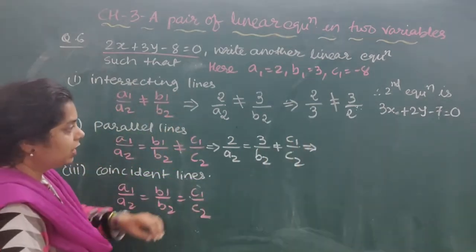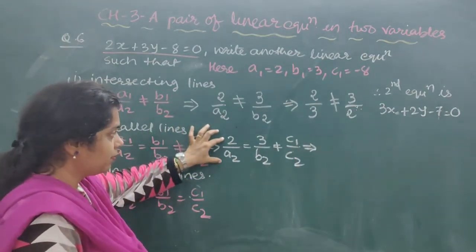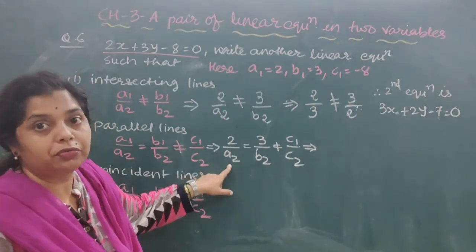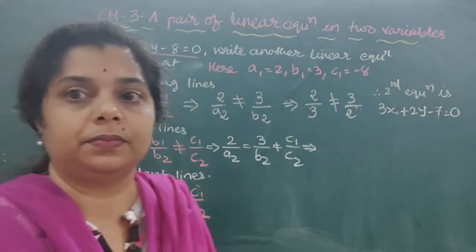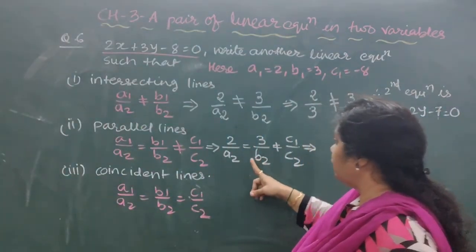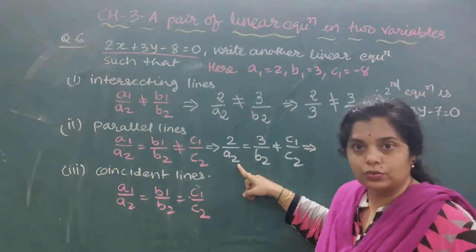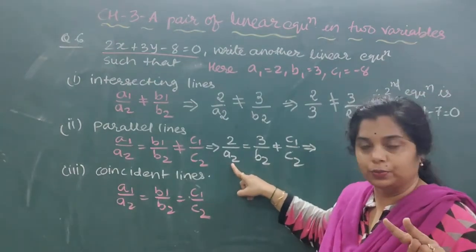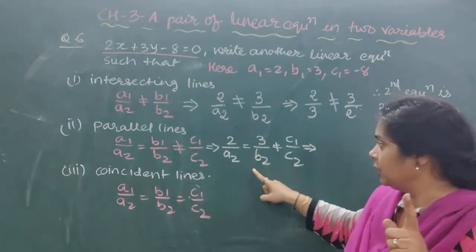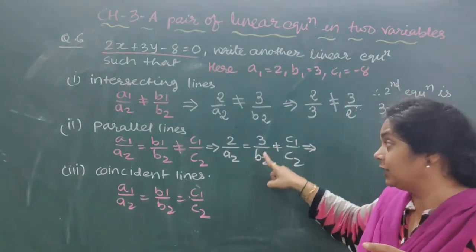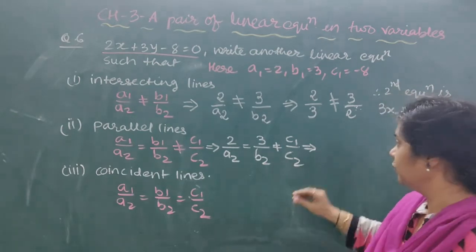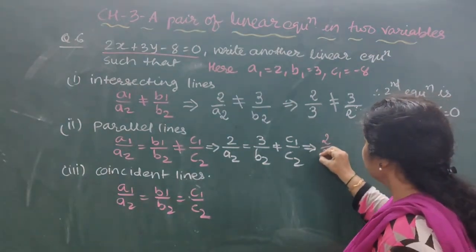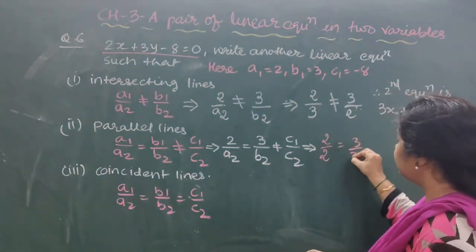So here, when both ratios are the same, what do you have to do? You have to find the number by which both ratios will be the same. So let's see. Okay, now 2 by 2. If I take A2 is equal to 2, then 2 by 2 is 1. If I take B2 is equal to 3, then 3 by 3 is also 1. Okay, are you getting it or not? And therefore 2 by 2 is equal to 3 by 3.